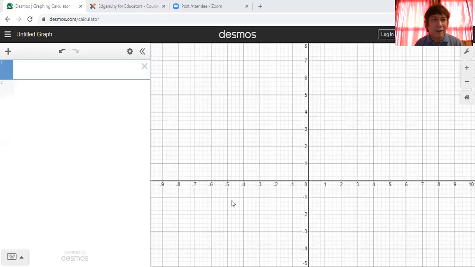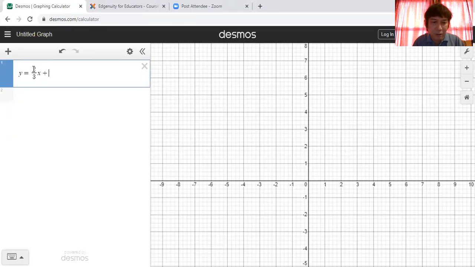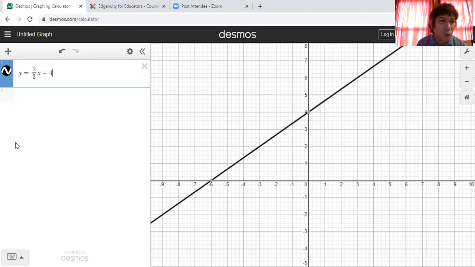All right. This is our graphing utility program you can use, desmos.com, and you can do your graphs here. So we shall try to put some line graphs, okay? To see the graph, we shall just type the equation there. Let's say we choose a positive sloping line. Okay, let's say we have y = 2/3 x + 4. You can recall your slope intercept form, and this is that particular form of equation of a line.